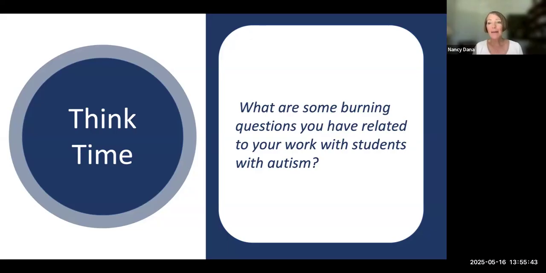And then what's going to happen within the PEPSA program is your PEPSA facilitators, they will work with you to help you select a question and refine it so that you can move forward with this powerful process of learning about the work you do with students with autism, the process of inquiry.